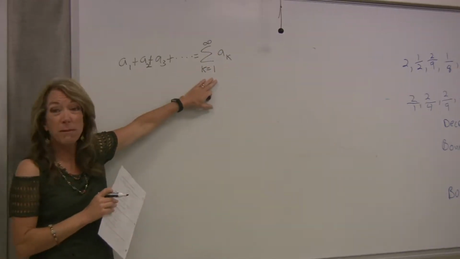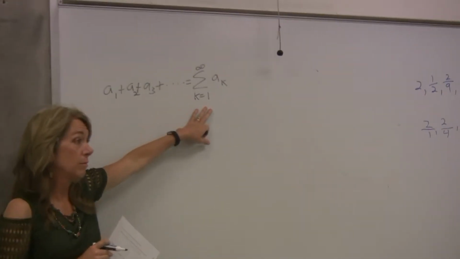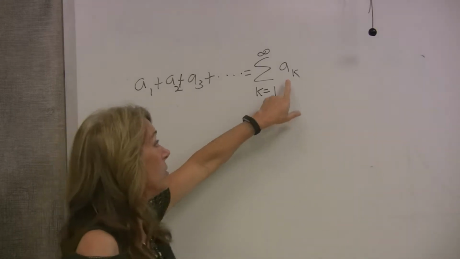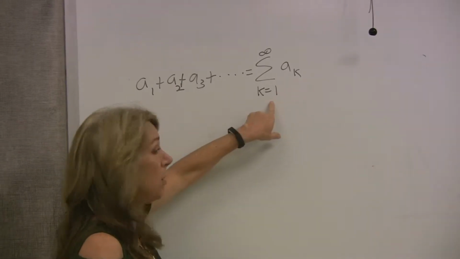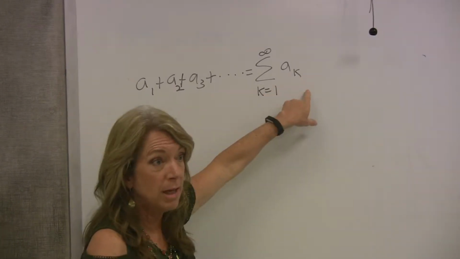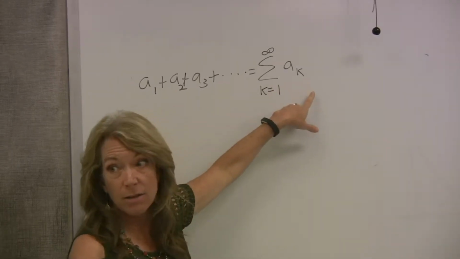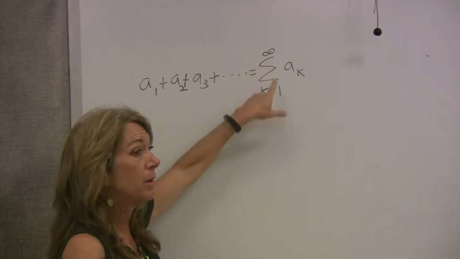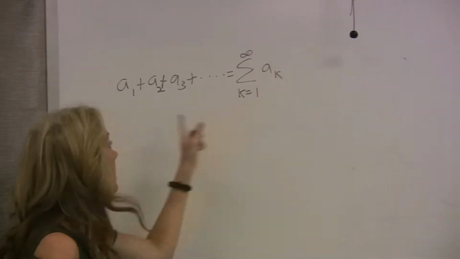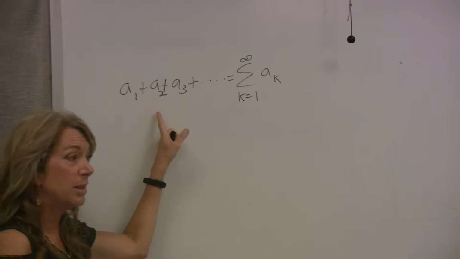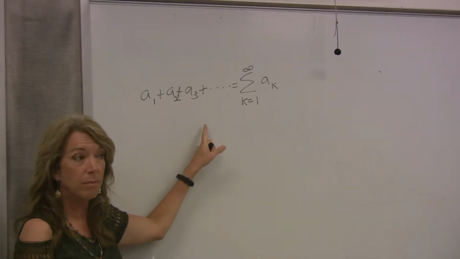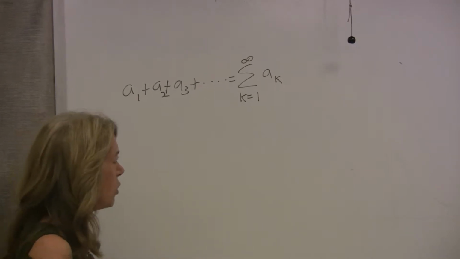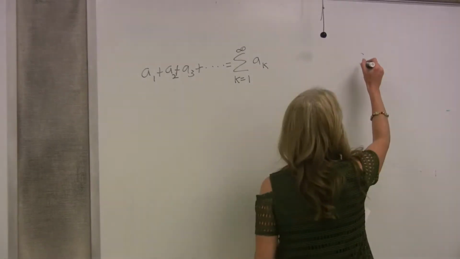You need to also be familiar with this shorthand notation. This means start counting with 1 and do A1. And then you plug in 2, so you'll have A2. And then you plug in 3 and you'll have A3. So start with 1, keep plugging those numbers in. This means add them up forever. So that's exactly what this means: A1 plus A2 plus A3. For those of you who aren't familiar with that notation,